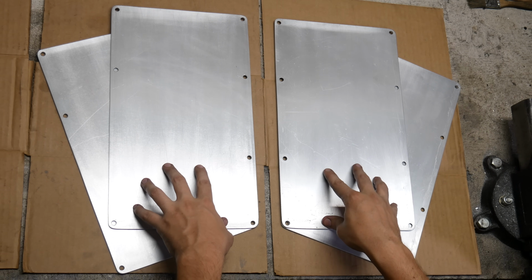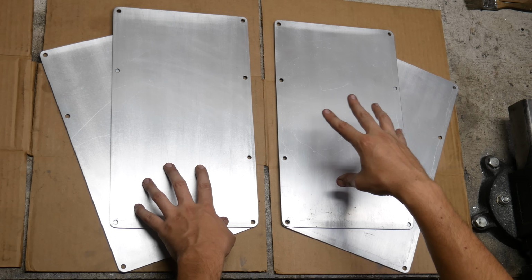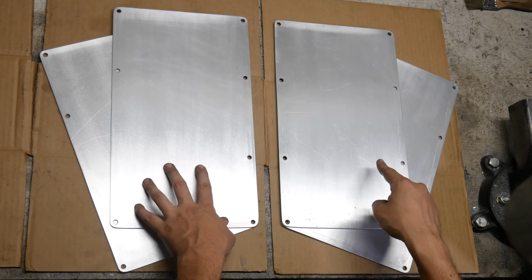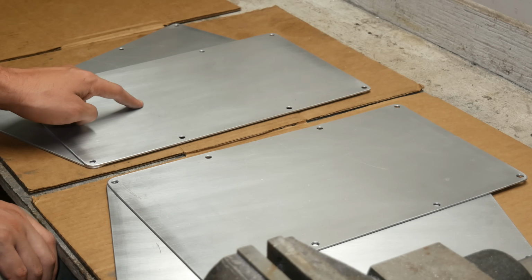And just like that, our backing plates are basically ready to go. Obviously, they'll need some more holes drilled in them, but that's a bit more application specific, so I think we'll just try to take care of that as we come to it. As mentioned, for the single receiver unit, we have 8 holes around the perimeter, and for the multiple receiver unit,